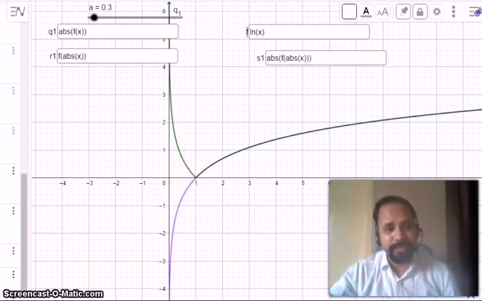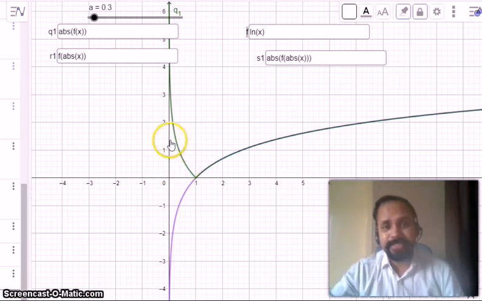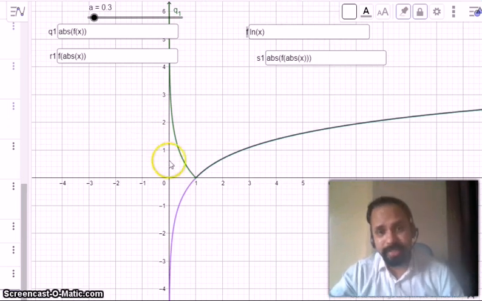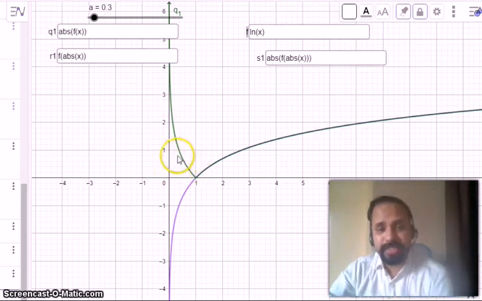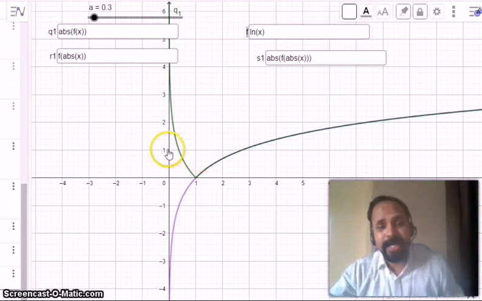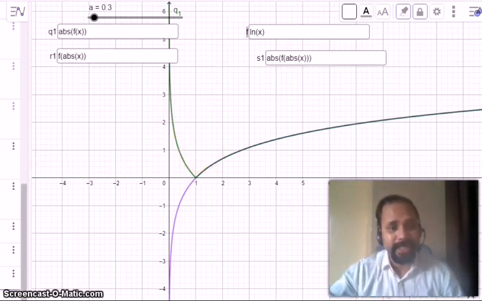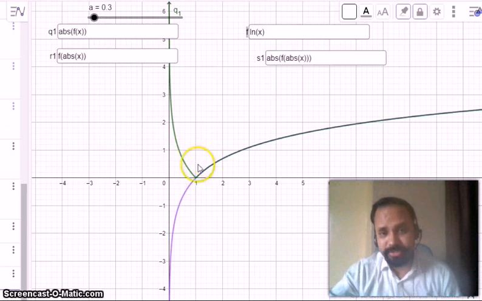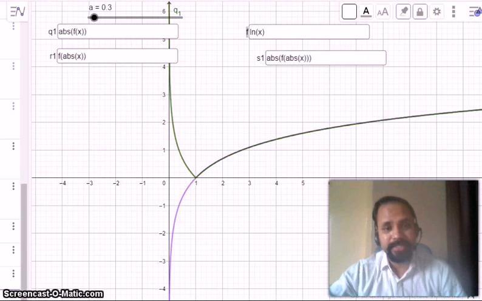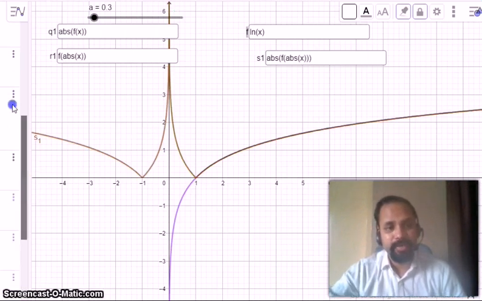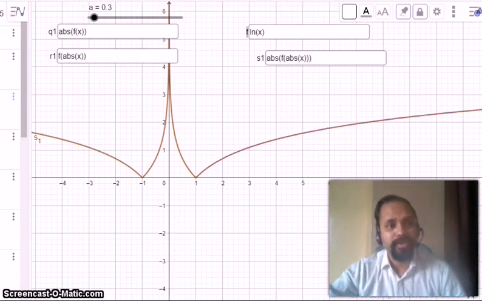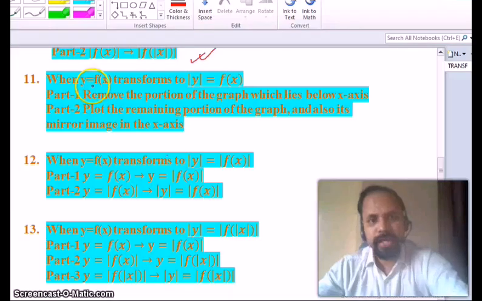And again, if we have to take mod, then omit the part that is on the right-hand side of the y-axis, here no part, and then draw the image of the graph that is on the right side of the y-axis, with the y-axis as a plane mirror. If we draw it, simply look at the graph, we will see the image of this graph, it will be like this one. Then this is the graph of mod of log of mod x.